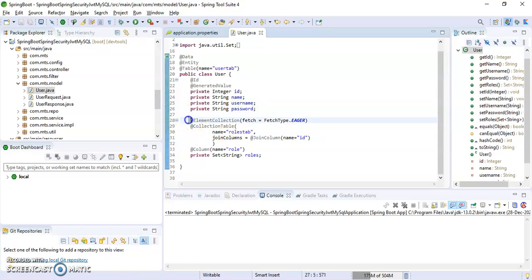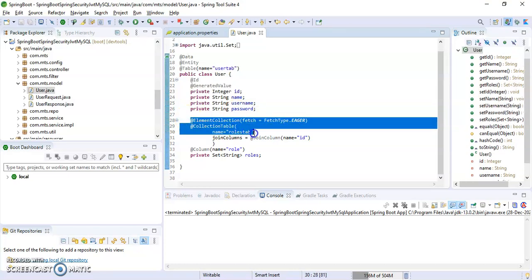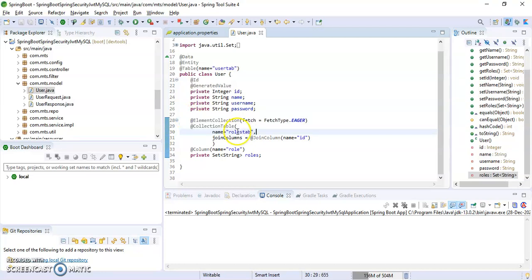And I have given a secondary table which is connected with this first table by using the primary key, which is ID, and the join column name is ID, which will act as a foreign key for this user table and roles table. And I have given one variable in the roles table, which is roles.